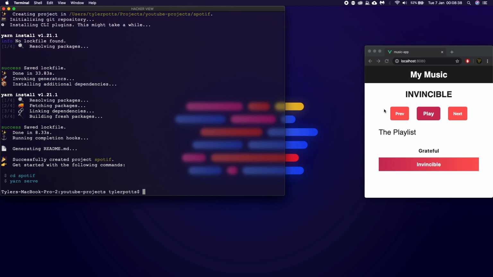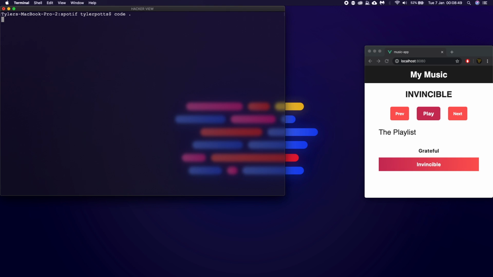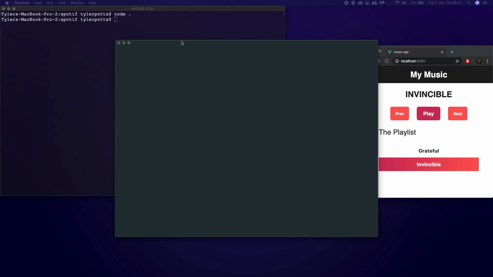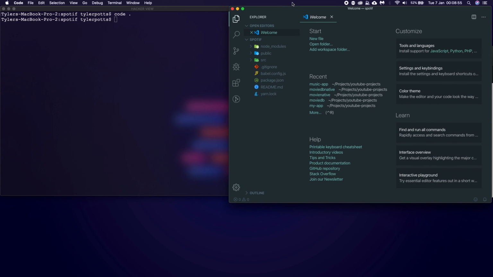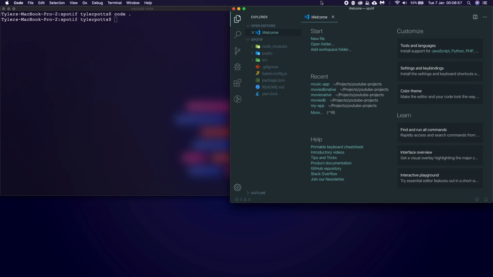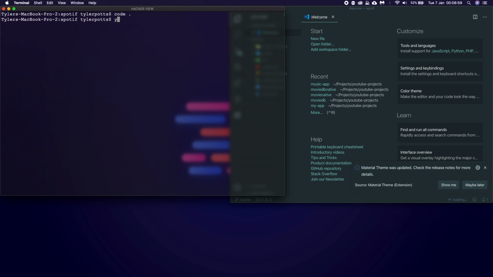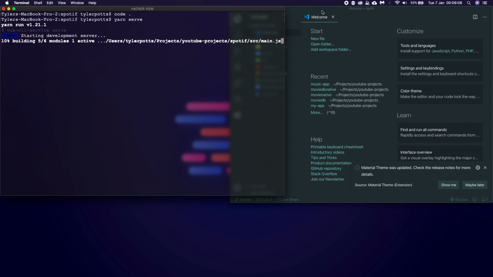Okay, guys, as you can see down here, we've successfully created our project Spotif. It's not Spotify, stop saying that. But anyway, we're going to cd into Spotif, and then we're going to open this up with VS Code. So I'm going to do code dot, and that's going to open it up in VS Code. You have to enable the path in VS Code for that to work. And then we're going to run yarn serve. So I'm using yarn. You can also use npm run serve, either one you prefer to use. So this is going to run our development server, and